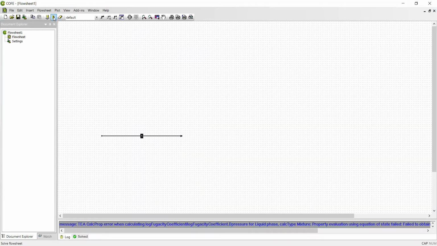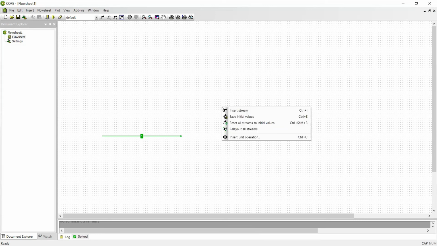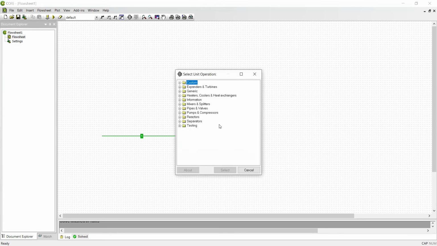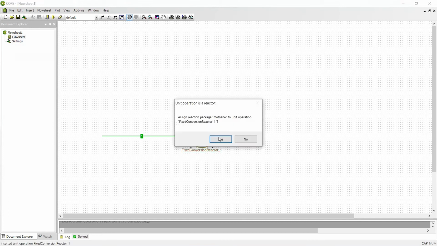Then I'm going to run this stream, and when it's turned to green, that means there is no problem for the stream. So I'm going to finish it very quickly. First I'm going to insert a unit operation. I'm going to include a reactor because for the furnace I can't find it in here. So I'm going to fix conversion because there's a conversion in this, and then I will assign the reaction package,